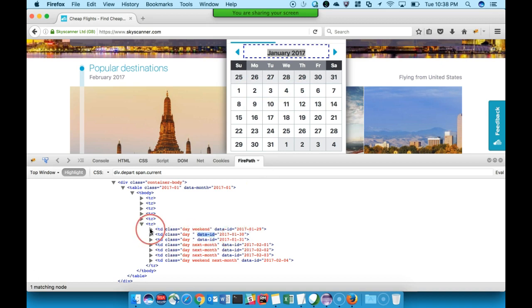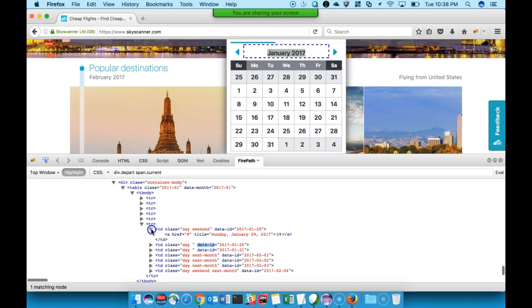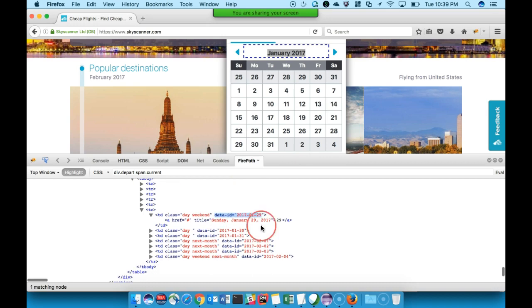And not all the date pickers will have date ID, okay, but in that case what you can do is, instead of getting the date ID, you can get the text, because text must be there, always will, because it is displayed over here. So you can get the text also and match the text with the expected date text that you want to select. In this case we have the benefit of this date ID over here, which we can directly use and select a particular date. In case it is not there, we can simply use the text also in the same fashion.